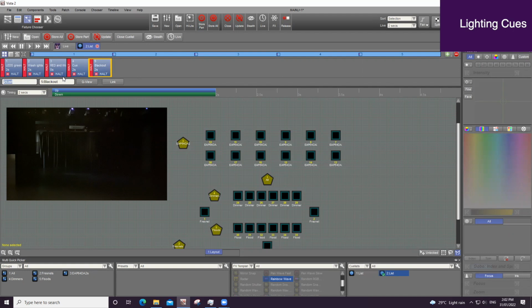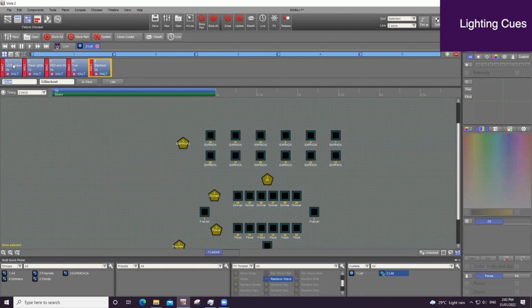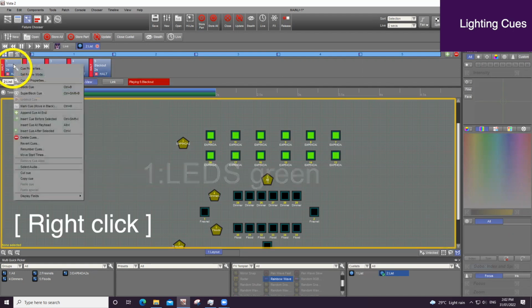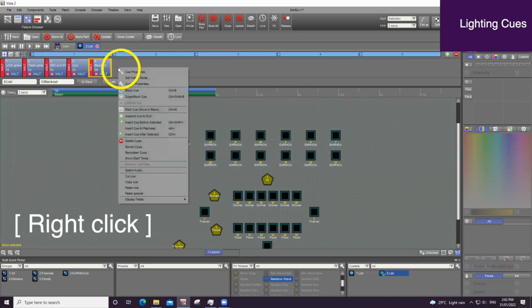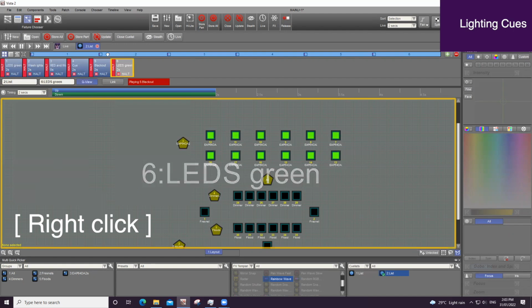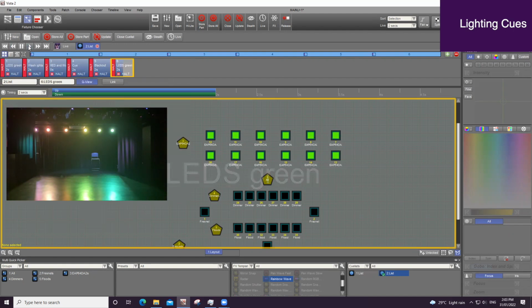And you can also, let's say we want the green LEDs. We want to repeat that. Right click, copy cue, right click, paste cue. And there's our green LEDs. So if we go right back to the start,